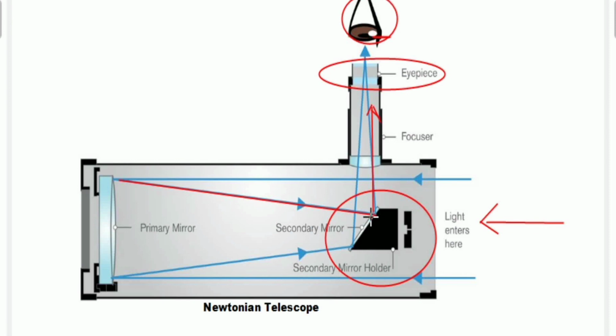So automatically all the problems have been solved. For example, the problem of chromatic aberration is automatically solved, and the problem of maintenance is automatically solved. The problem of increasing the size of the lenses, because it is very difficult to maintain the size of a lens, is also automatically solved when it is replaced by a mirror. So from the cost point of view, the maintenance point of view, and the color error, every problem has been solved by the Newtonian telescope. So this is today's lecture, based on the Newtonian telescope and how it is useful to see heavenly objects.